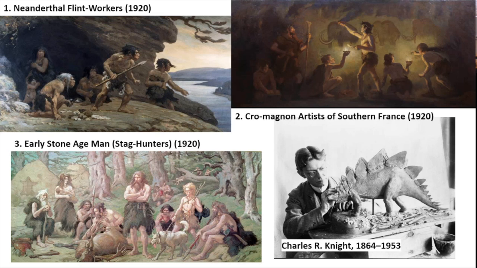Osborn commissioned Knight to depict 3 stages of early humans, including his direct ancestors, these guys, the early Stone Age man. Osborn also believed that these people were only the direct ancestors of Nordics like him or like Knight. Yet, in Charles R. Knight's realizations of these scenes, the Cro-Magnons are the only early humans who he imagines doing exactly what he does, creating wall paintings of animals. He was otherwise an artist of animal and dinosaur images.